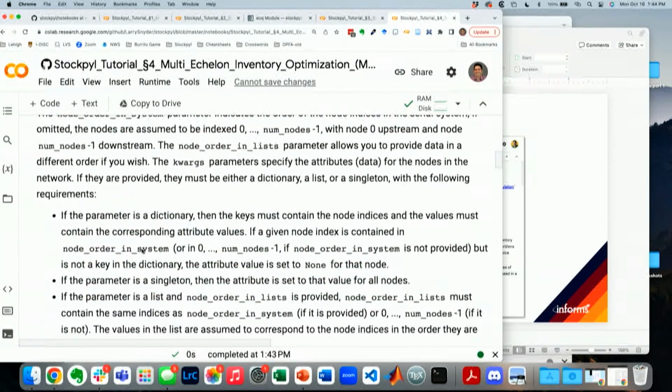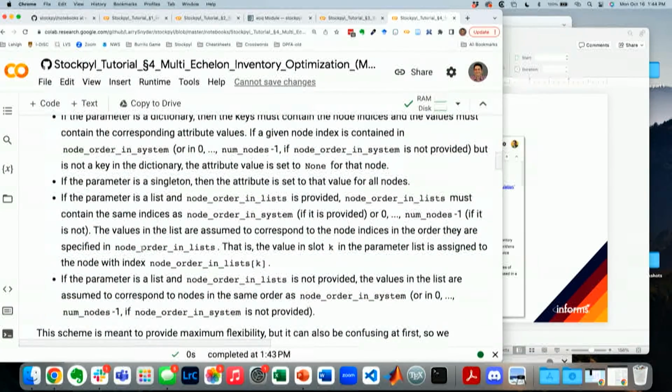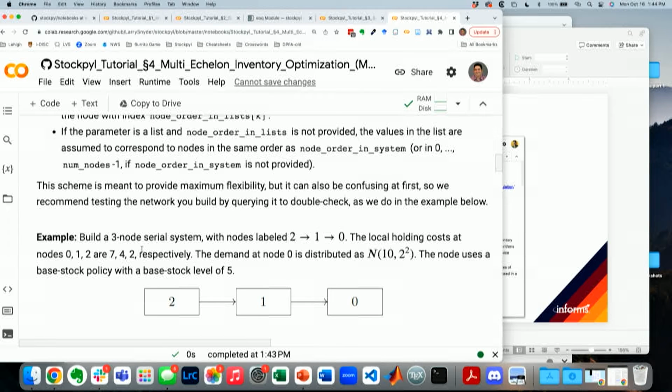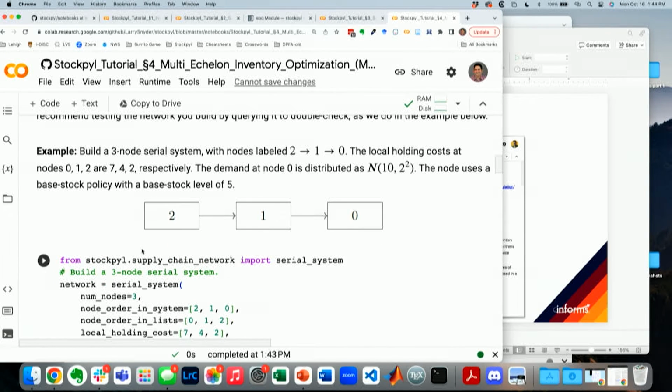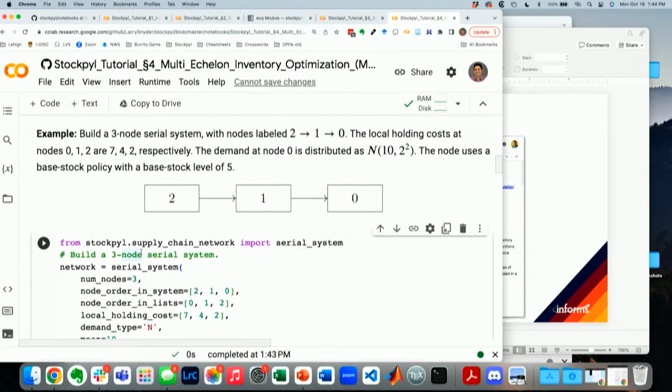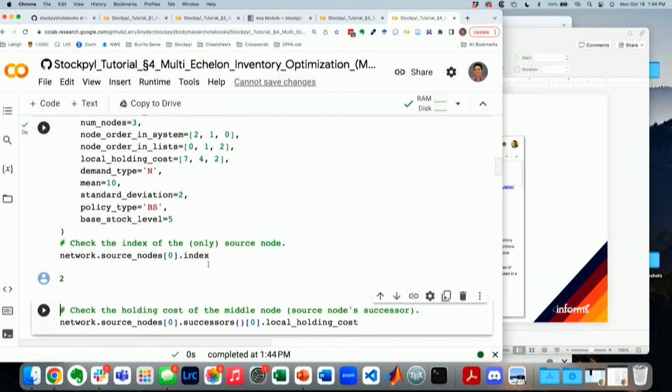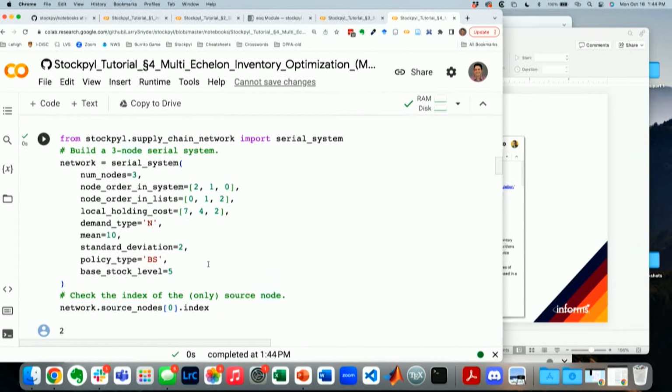And there's several different ways to specify the data, to specify the lists. I won't go into the details about that now. Just like before, it's meant to be flexible. It's also maybe a little bit of overkill, but oh well. So in this code, I'll build that network. It's index 210, and the holding costs are 742, et cetera. So I can build this, and now I have a network that has 3 nodes,